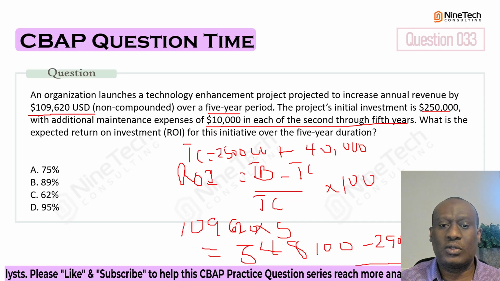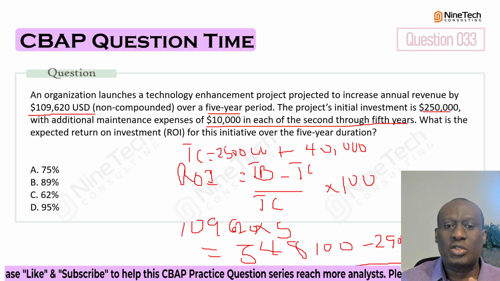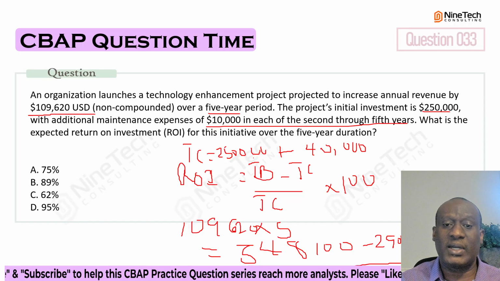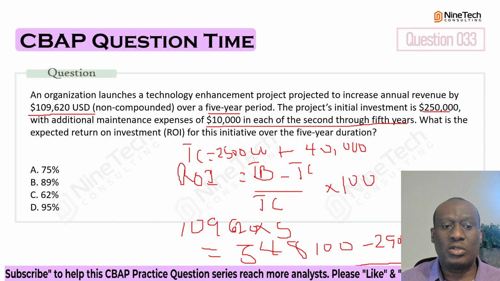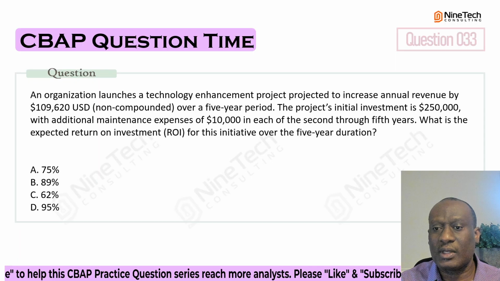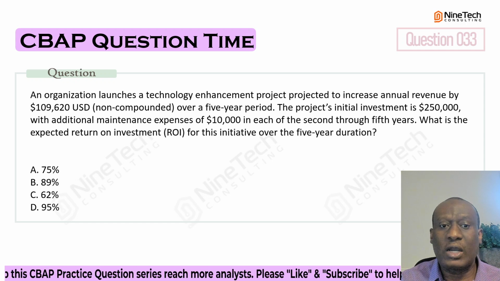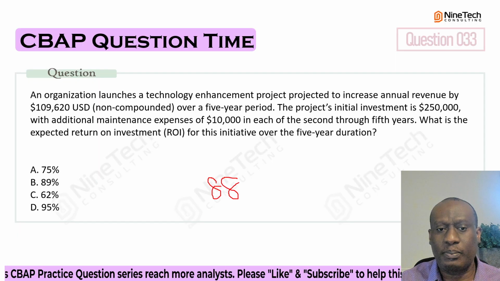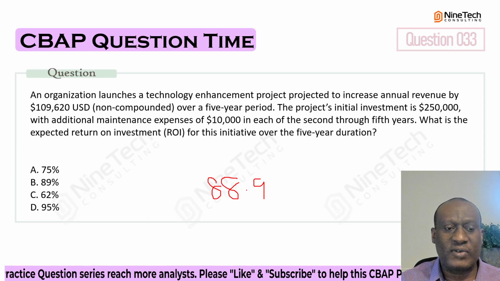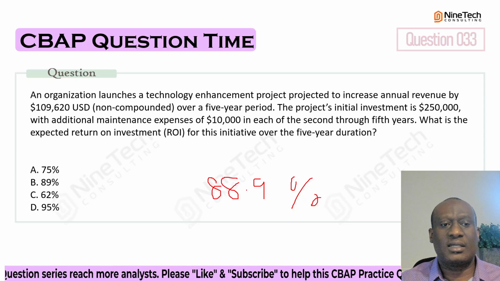And then we'll divide by our total cost, which is $290,000 again. Okay, awesome. So if you say 548,100 minus 290,000 divided by 290,000, the percentage that you would get, where's my calculator again, will be 88.9. So you can cross check that in your calculator, and that will be an approximate value of 89%.